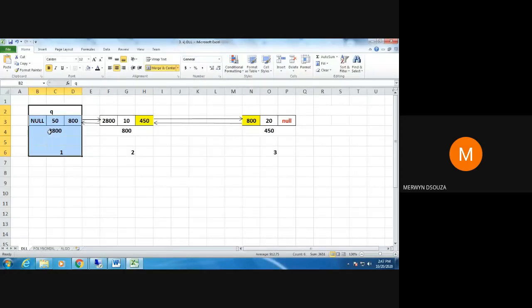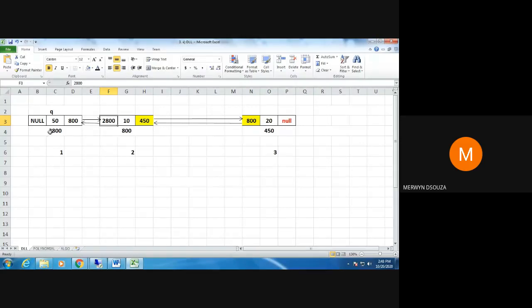If we are going to delete this node, before we see the actual code, what should happen here? This will become the new first node. So if this is going to be the new first node, here instead of 2800, I should get the value as null. Also, Q should get shifted from this node to this node because this will get deleted. Q should always be pointing to the first node. So Q should shift here, and this previous part should become equal to null. So these are the two things that should take place.